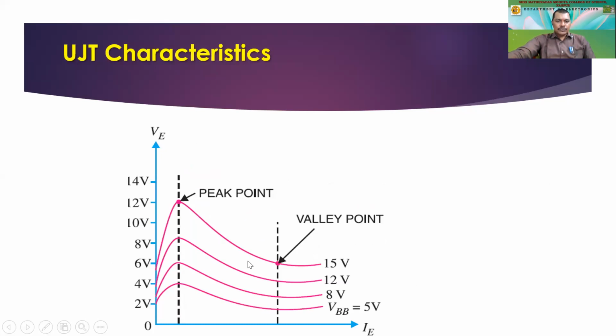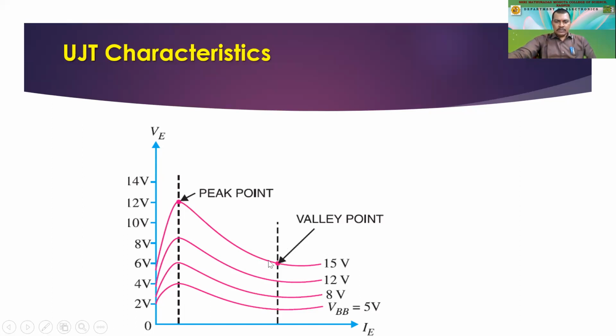Okay, so we are having another characteristic like this. So we are having these voltages at different emitter voltages, as you are able to see, emitter current over here. So across different voltages, V1, V2, right? So we have applied this. Here VBB equal to 5 volts, so we'll have this type of characteristic. If you increase VBB to 8 volt, then we might have this type of characteristic, for 12 volt, 15 volt. Again, we'll be having a peak point for different levels like this.